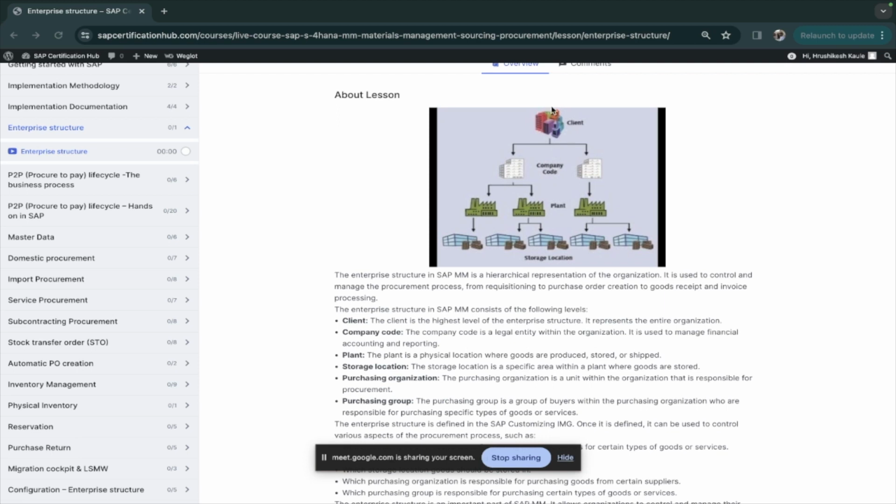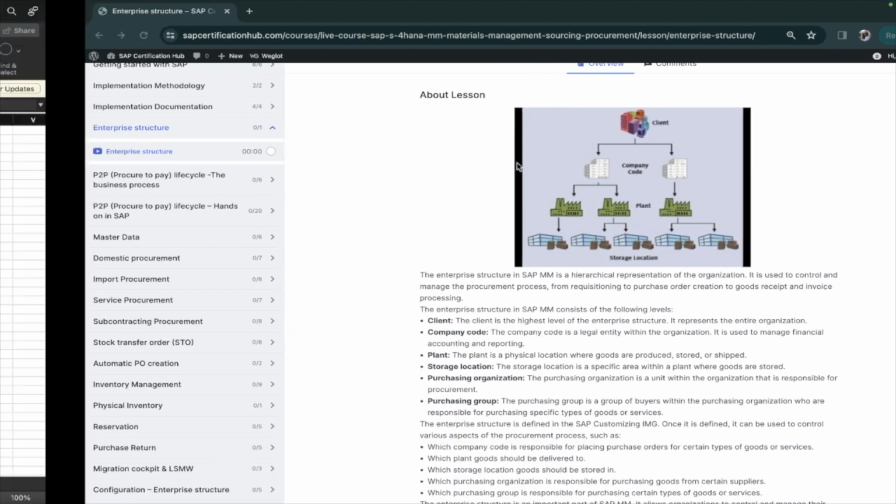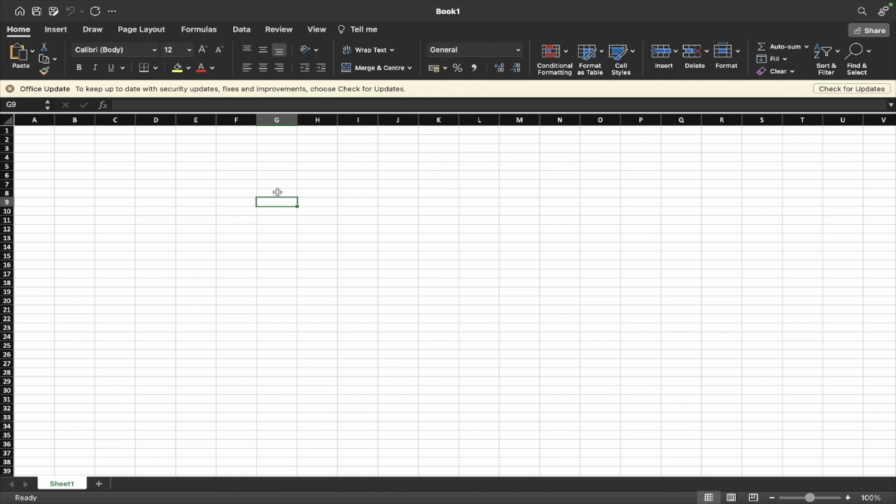So first of all, the client. We will keep this client part aside for some time, because this is very specific to the SAP system. What we are going to understand is how a particular company has its hierarchy, like the org structure. If we go into any company, the basic thing we have there